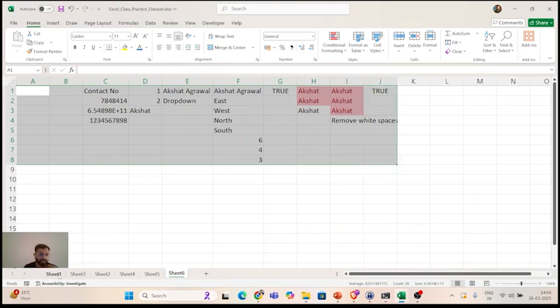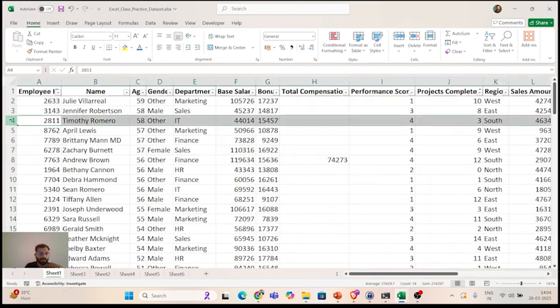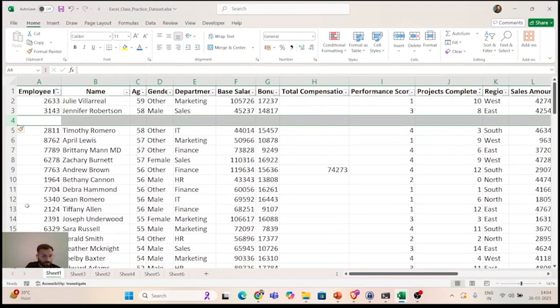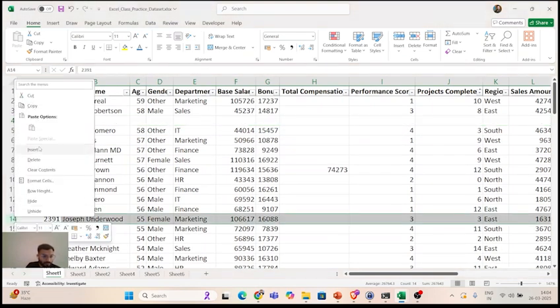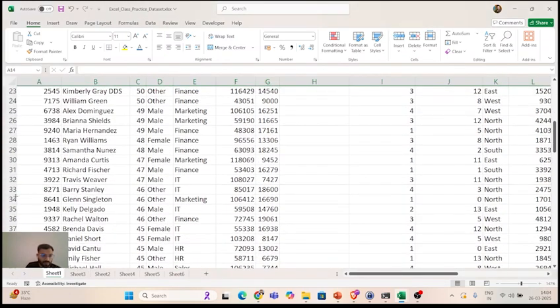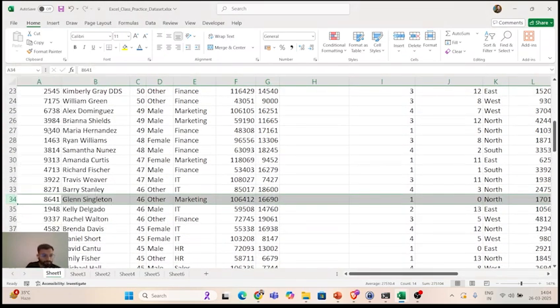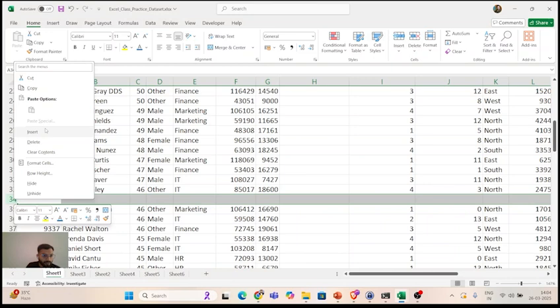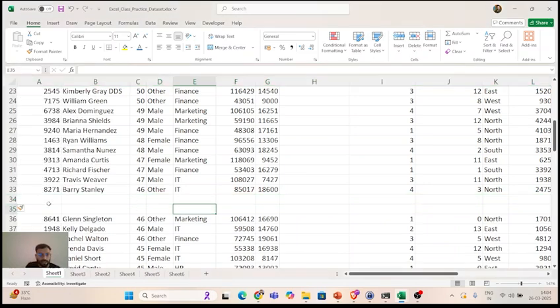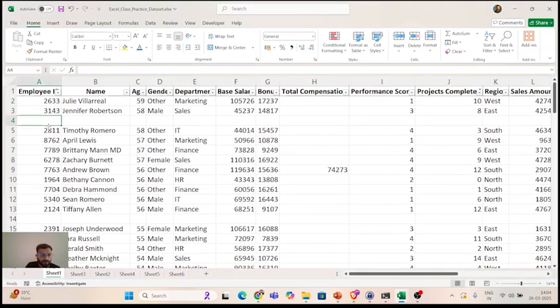I'll show you with another example right here. Let's say Control plus, sorry, insert a blank row first. I assume I insert a blank row here as well, and I insert a blank row here as well, and another blank row right here. Yeah, let's say I have these two blanks here, this blank here and this blank here.